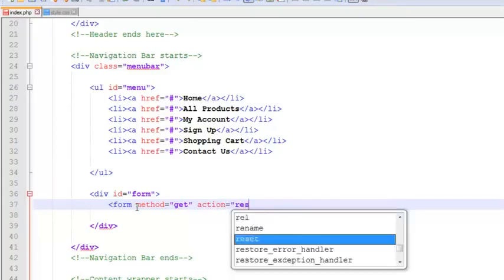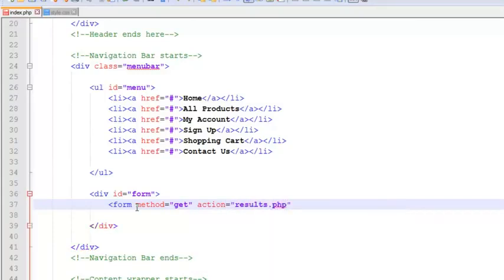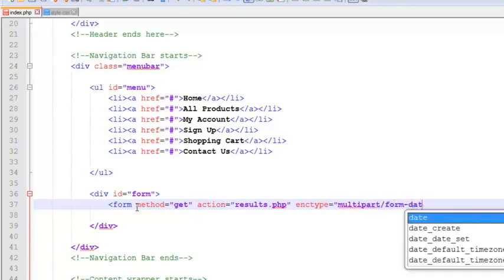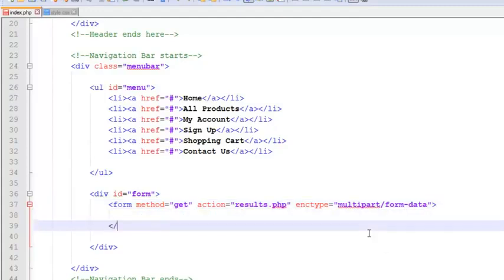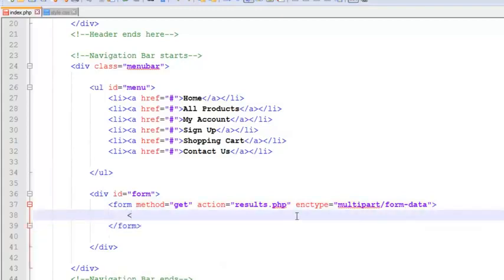something like results.php, which we will create later on, and enctype will be equal to multipart/form-data. This is an attribute we always use when we are showing or getting images and multipart data, videos and images. So therefore we will be showing images also using this form when someone clicks and searches for something. So I will just simply close the form tag below, and inside the form tag I need to insert